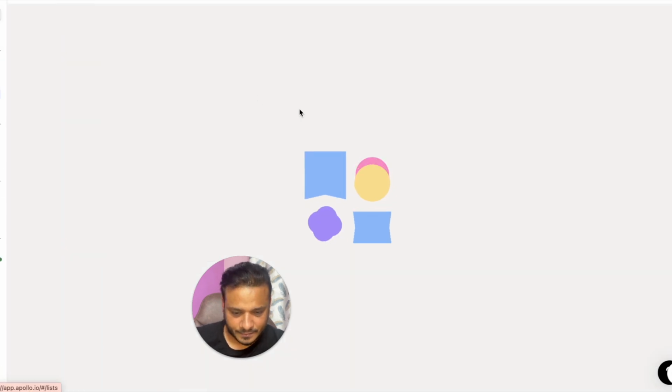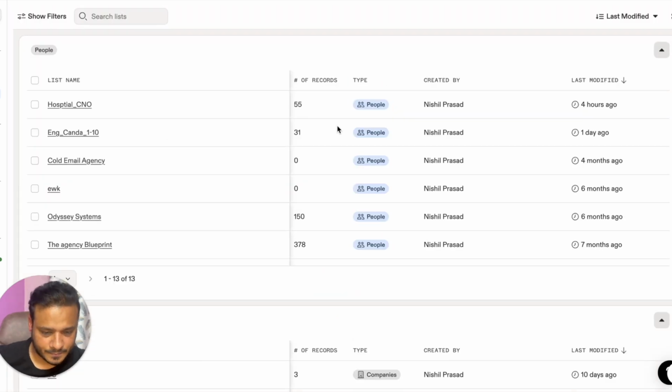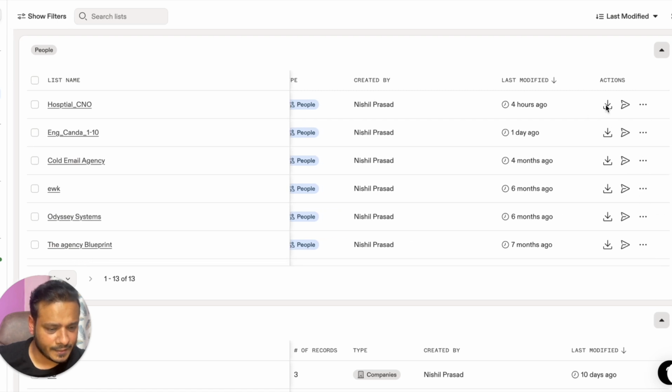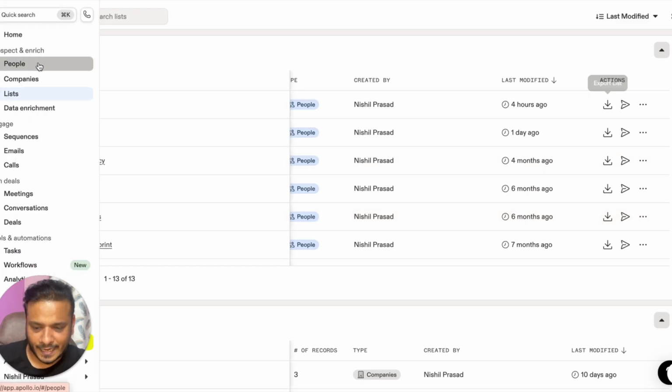I'll go to the list, and I will select the download button. So for this example, for this tutorial, I'm going to take almost 55 contacts. Just before doing that, I'll show you one thing. In the list, I have taken a lot of